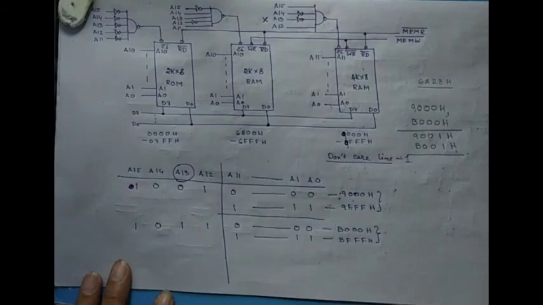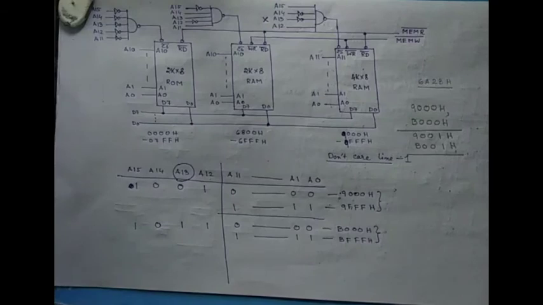And even though A13 has not been used in our circuitry, when the processor places an address on the address lines, it will obviously place all 16 bits of the address. So for that address, A13 will obviously be at some logic level, either logic 0 or logic 1. Therefore, we have to find out both possible address ranges for such an interfacing circuitry.